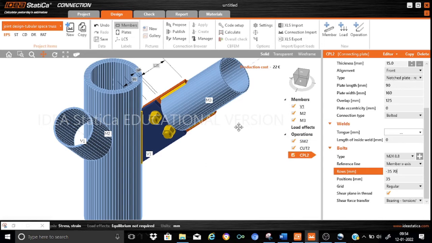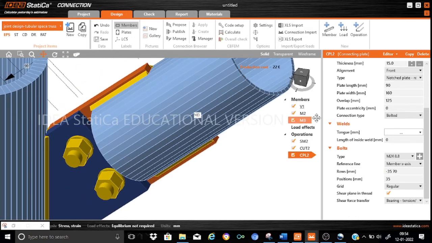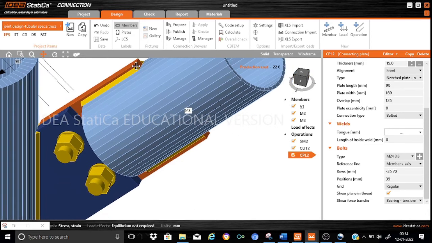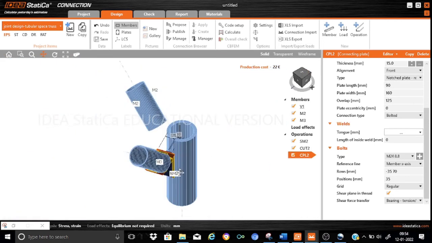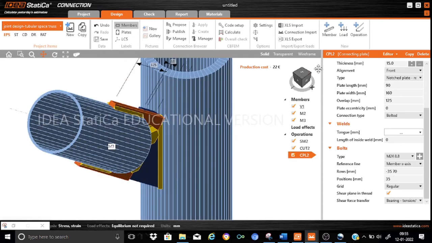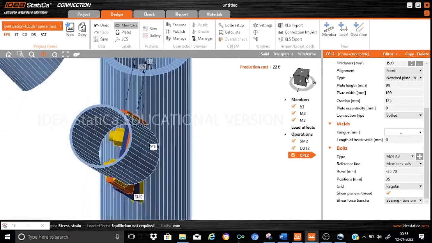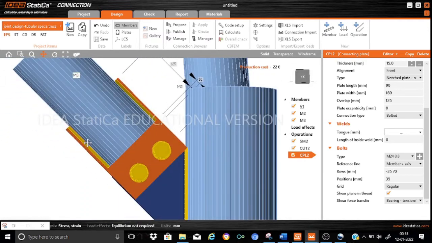It is a notched plate. You can just see how it looks. This is my plate, on the other side. You can see that it is a notch plate. This is the notch plate that we have just now modeled, and it is connected to the existing stiffening member by means of two rows of bolts. You can also see the other side. Yes, this is the plate that has been modeled, which we call the connecting plate, and it has been connected by means of two bolts.